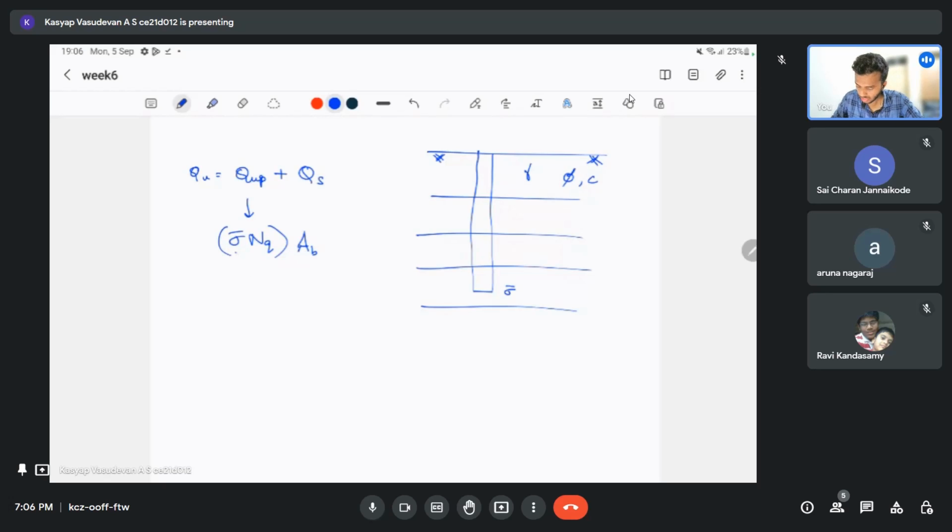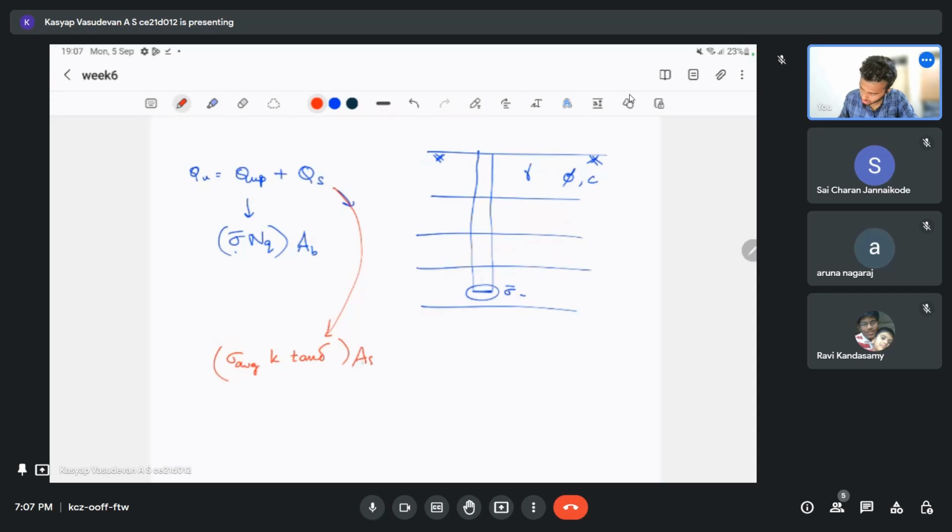So to find this, we can use whatever is at the depth. And for our skin resistance, this was sigma average into K tan delta